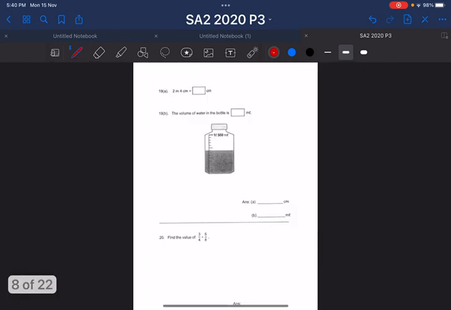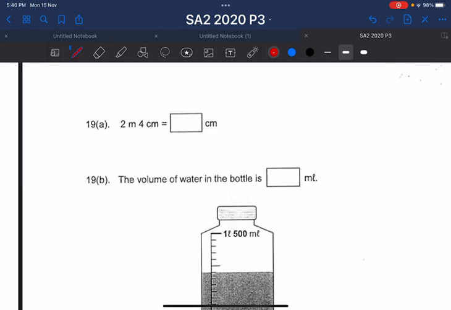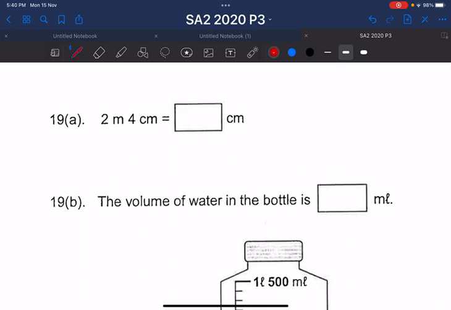Okay, now going on to question 19. 19 is broken up into two parts, 19A and 19B. Okay, we are going to see how to convert 2 meters and 4 centimeters into centimeters. Alright, we have learned this as well. Now, meters